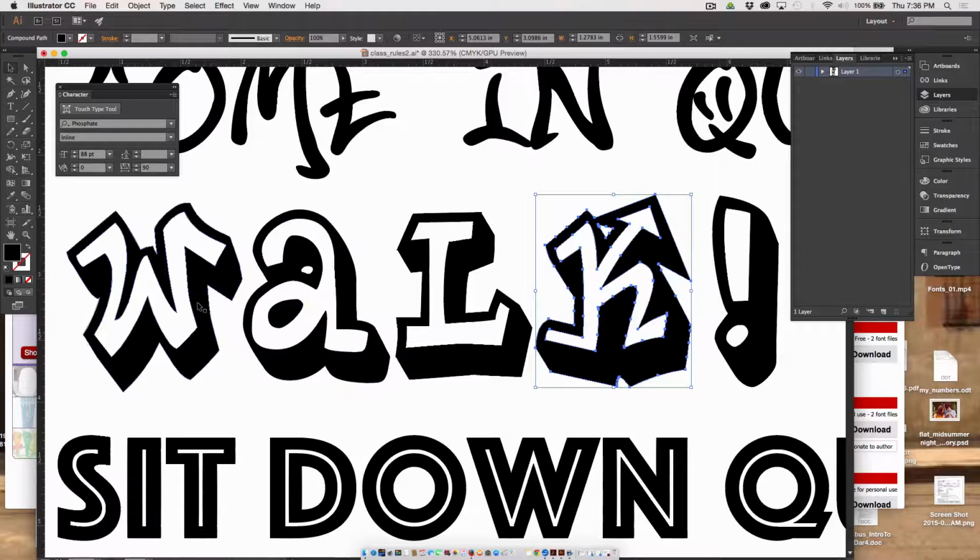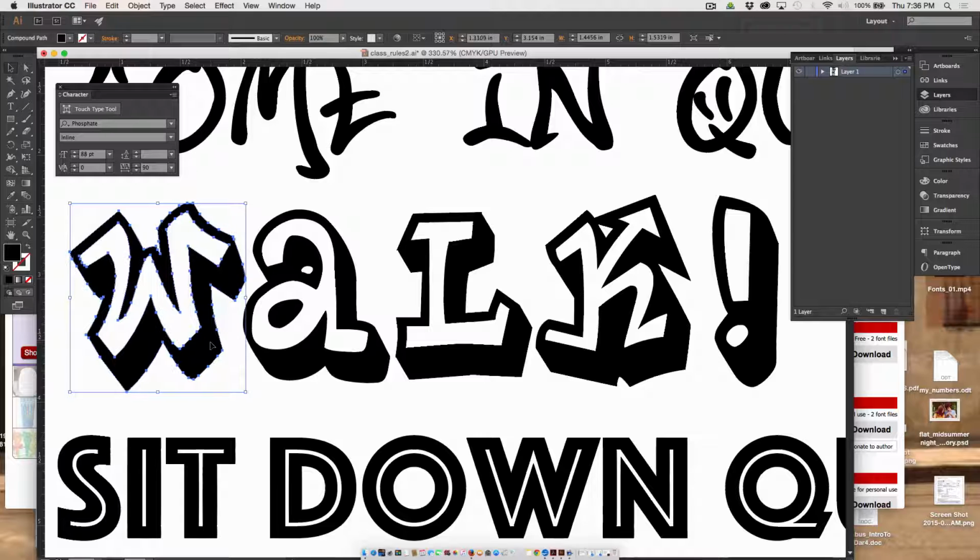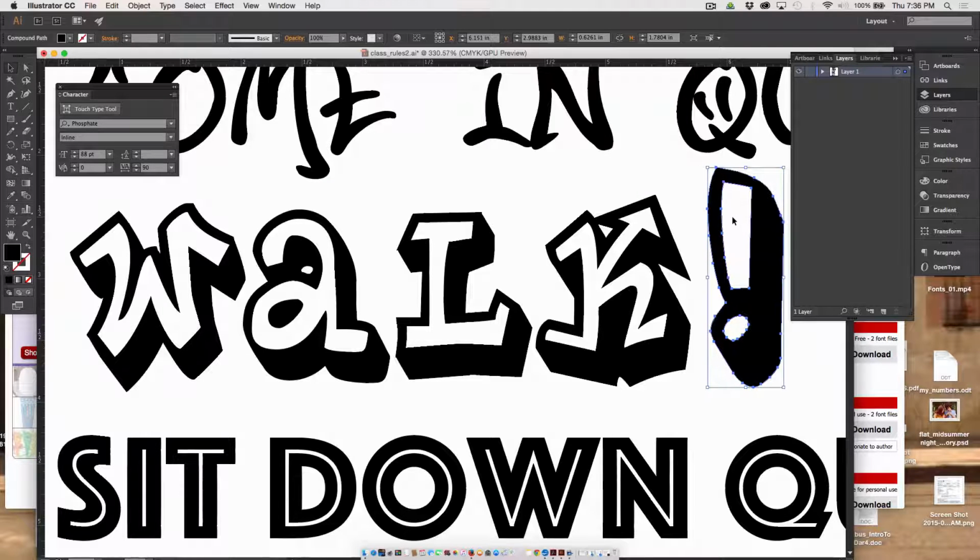And then I'm looking at the negative space between the text. So maybe this word, the W in walk, could be a little tighter, and maybe this exclamation point could be a little bit larger. And I'm nudging that over with the arrow keys on my keyboard. So if I want to fill